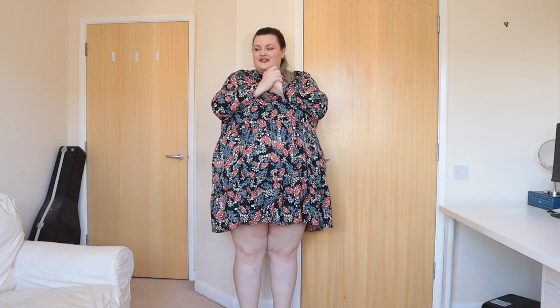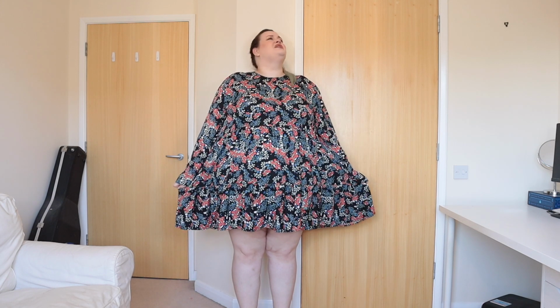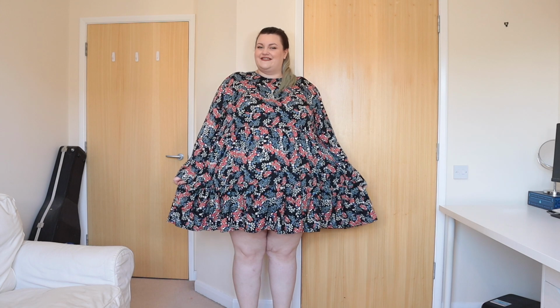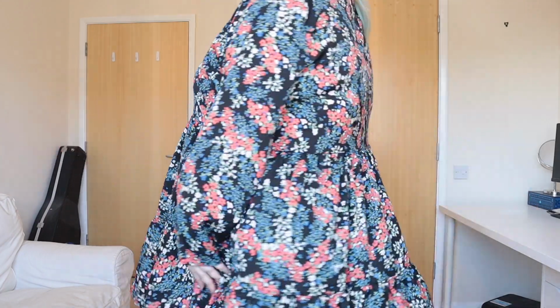So I think we should just jump on in and get started with this first beautiful dress. So everything I'm trying on in today's haul is a 28. I'm between a 28 and 30, more of the 30 these days, but sometimes a 28 works. If I choose things that are a little bit looser fitting, then I can still make a 28 work. I am 5'10", 5'9", 5'10", so yeah, just to let you know before we get started,